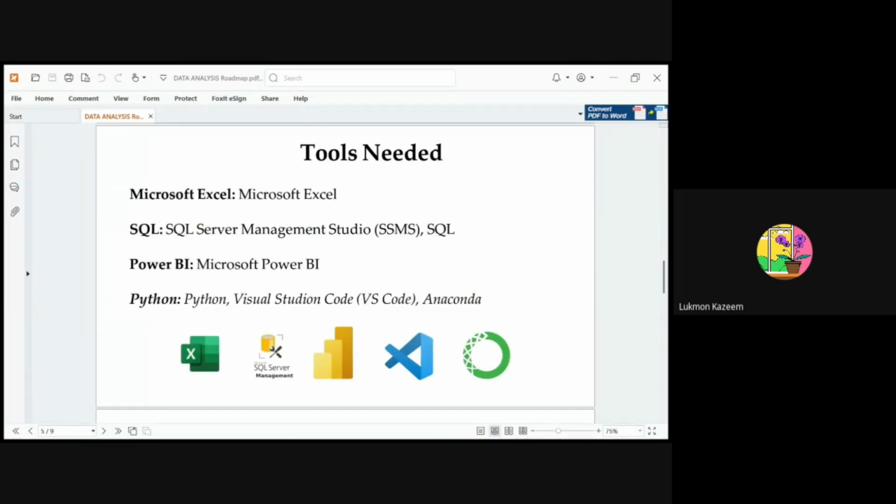What are the tools that we'll be needing for this class? First and foremost, we need Microsoft Excel. If you have Office installed on your system, that is very good. We will need that. We also need to install SQL and SQL Server Management Studio. We need Power BI, Microsoft Power BI. Those are the tools that we need as far as the class is concerned. You don't have to worry about how to install them. We're going to get there together, and once we get to a step, we'll install the necessary tools and move forward from there.